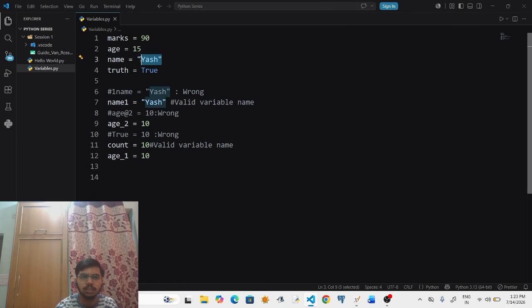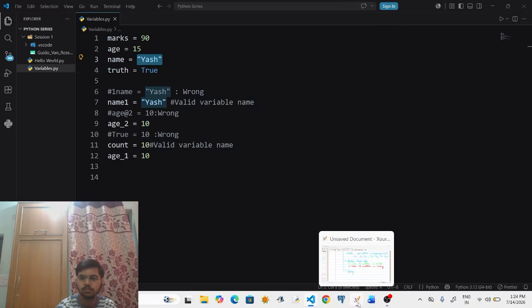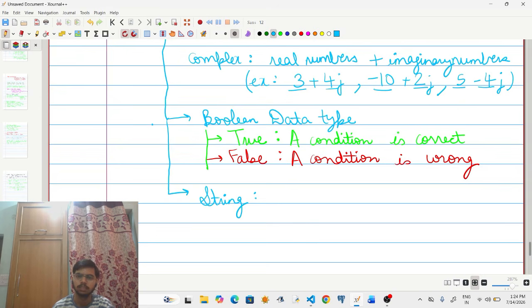Anything which is a kind of text, where instead of digits you have English characters, alphabets, along with symbols or a combination of them, you can say that they are strings. So it is the text data type.